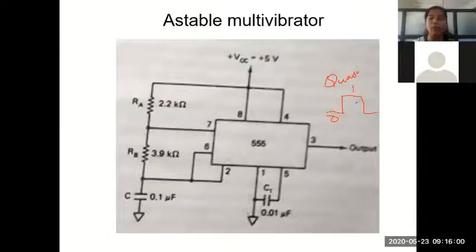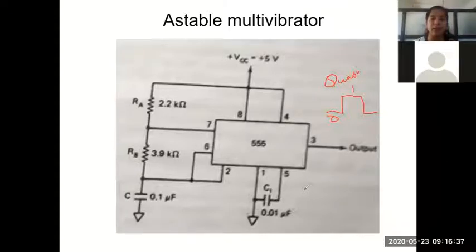Whereas in monostable, if you remember, unless and until we give an external input trigger and that trigger pulse goes below 1/3 VCC, output would not change from 0 to 1 state. If output has to change from 0 to 1 state, that can be done only with an external trigger negative going pulse that goes below 1/3 VCC in monostable. But in astable, if you see the connection diagram, there is no external input signal. So this circuit is also called as an oscillator.